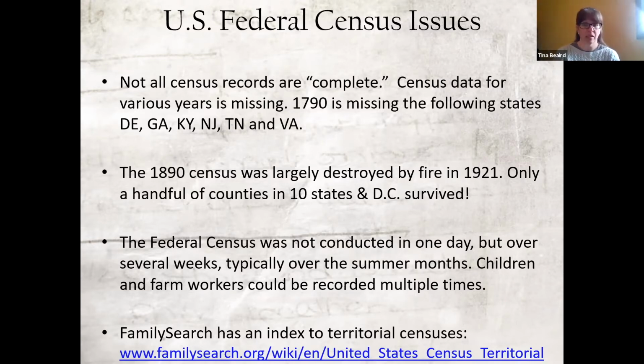That would all be listed as territories. Same thing for Wyoming and Colorado and for Montana. They weren't official states yet, so they still show up listed under territorial census. So as you're doing your research, make sure that you're aware. If you're using Heritage Quest, there's the opportunity to look at the censuses by year, by decade, to see how county boundaries change, to see how state boundaries change, so that you're aware of whether or not you're looking for